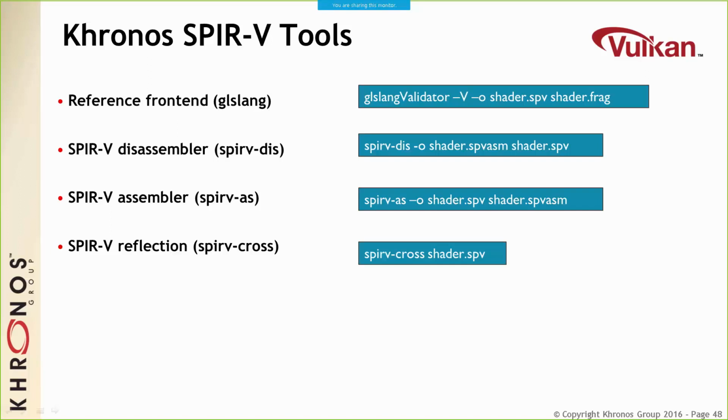And something that Hans-Kristian will discuss shortly after this talk is a tool called SPIRV-Cross, which allows you to analyze the layouts and the bindings within your binary shader in order to allow you to more easily create your Vulkan